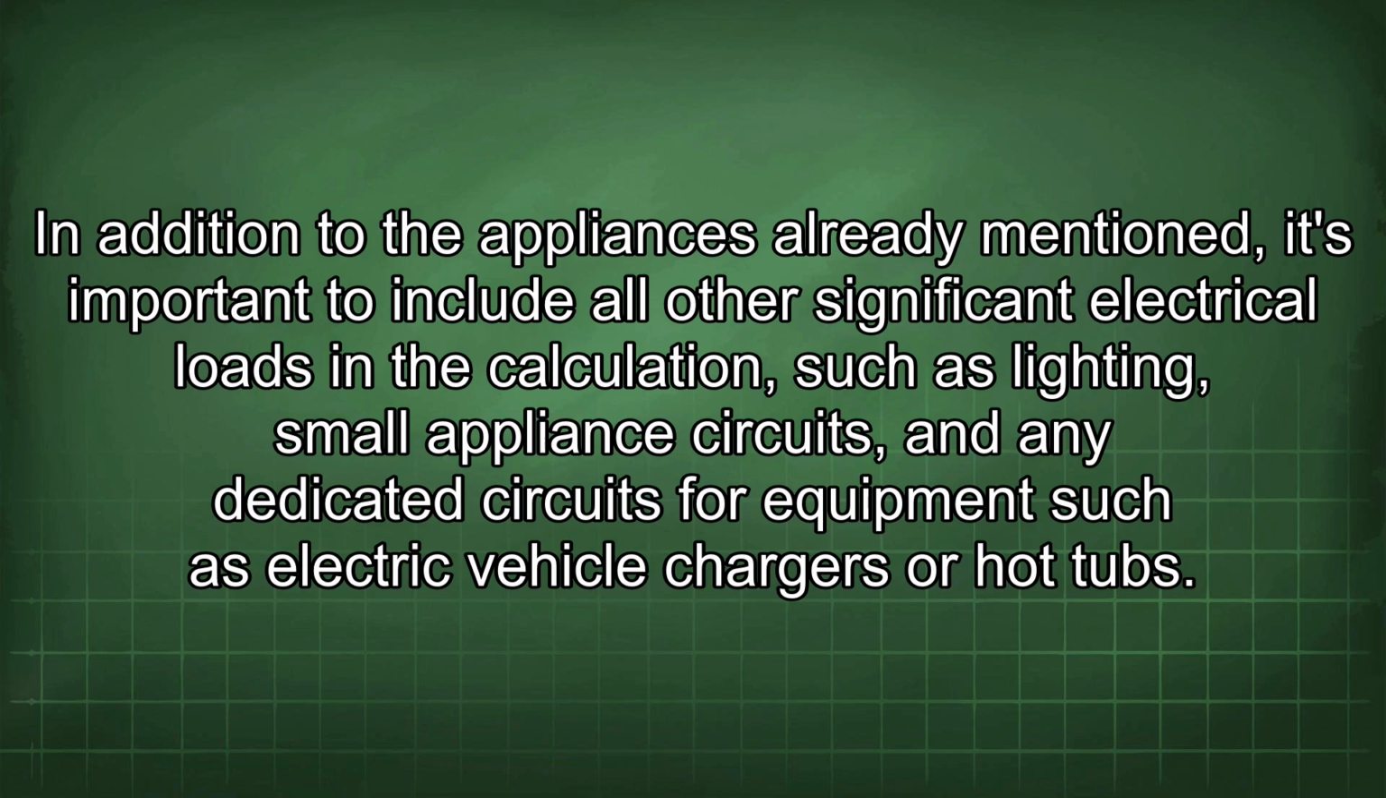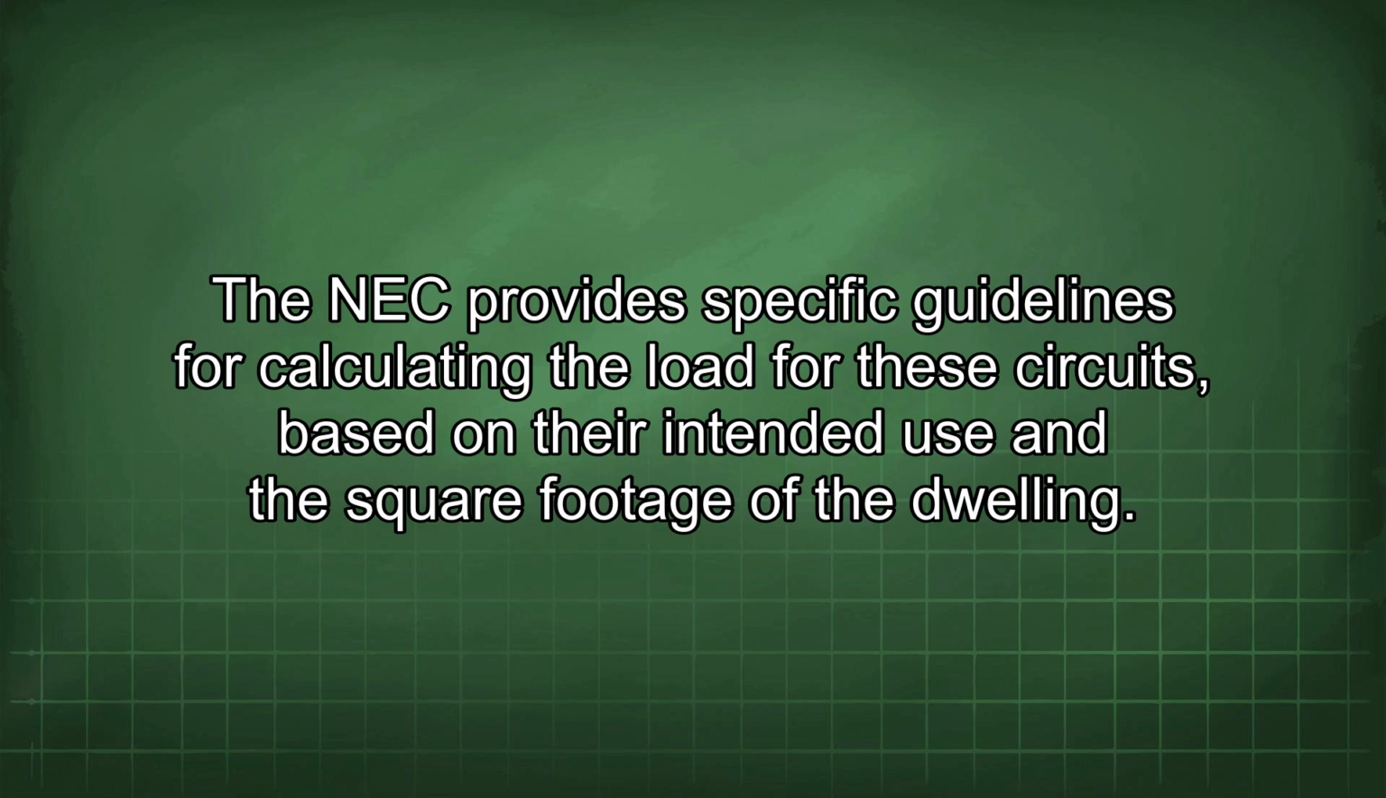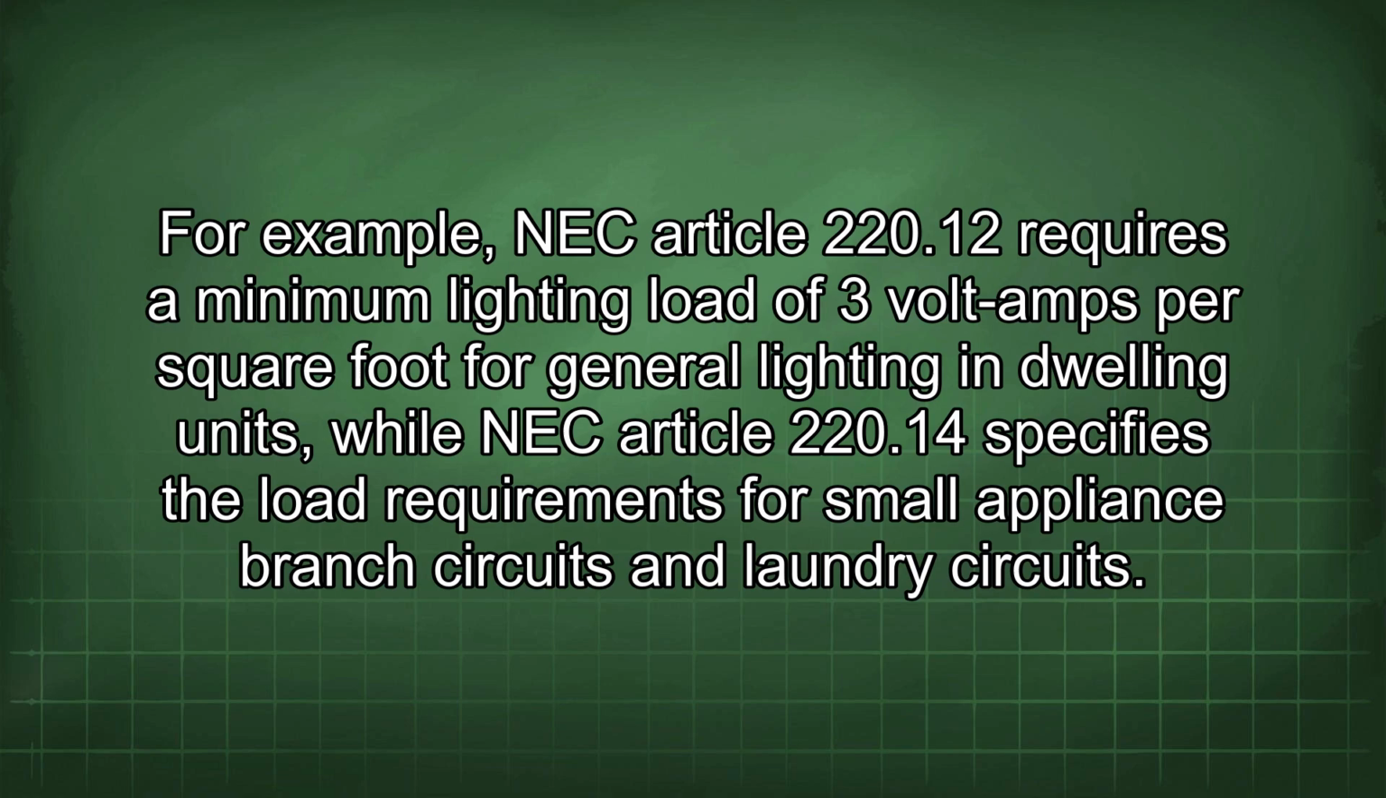In addition to the appliances already mentioned, it's important to include all other significant electrical loads in the calculation, such as lighting, small appliance circuits, and any dedicated circuits for equipment such as electric vehicle chargers or hot tubs. The NEC provides specific guidelines for calculating the load for these circuits, based on their intended use and the square footage of the dwelling. For example, NEC Article 220.12 requires a minimum lighting load of 3 volt-amps per square foot for general lighting in dwelling units, while NEC Article 220.14 specifies the load requirements for small appliance branch circuits and